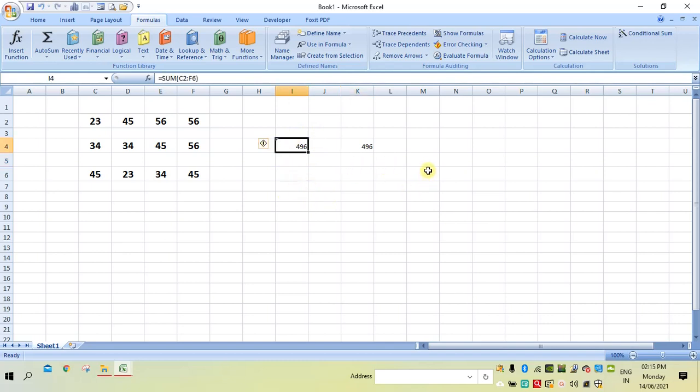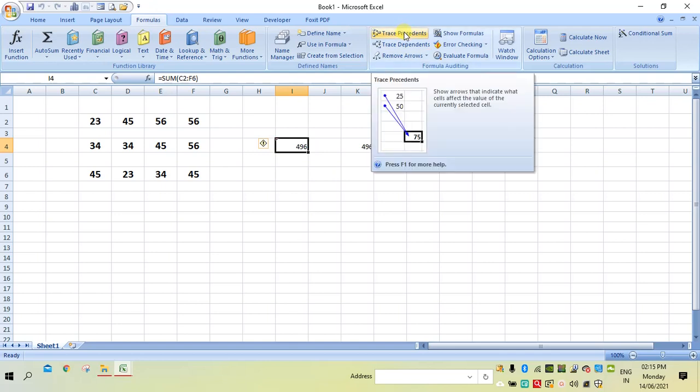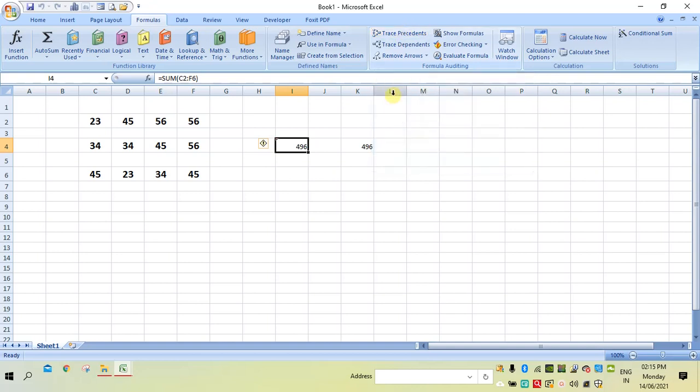So the next option is Trace Precedents. This Trace Precedents is used to show the arrows that indicate what cells affect the value of the currently selected cell. For example, this cell is affected by all these cells.